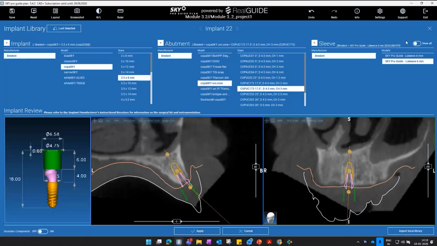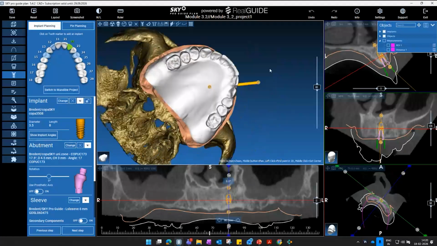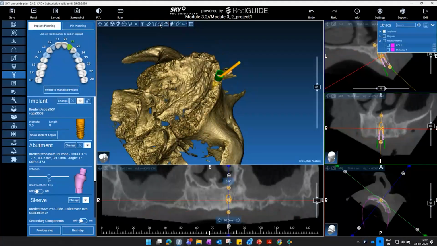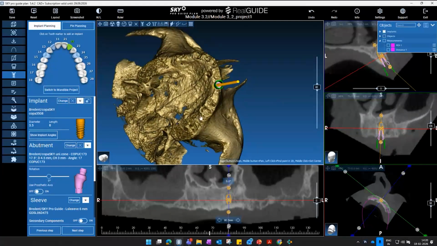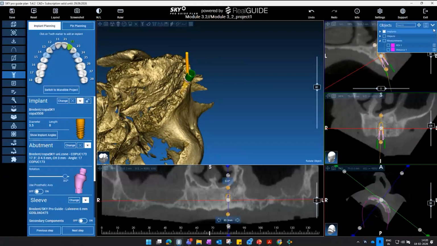If I feel okay, I'll change the sleeve to 4 or 6. 4, 6 is fine. Oh, this is not the way we want it. So we switch this out too, and then we can rotate it to make it straight. And approximately